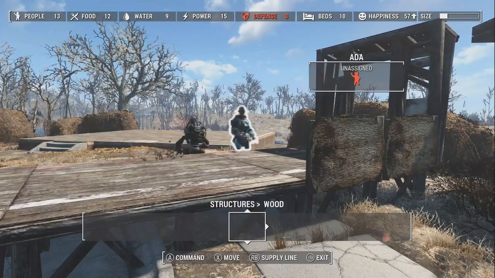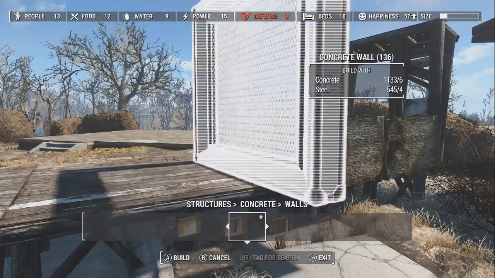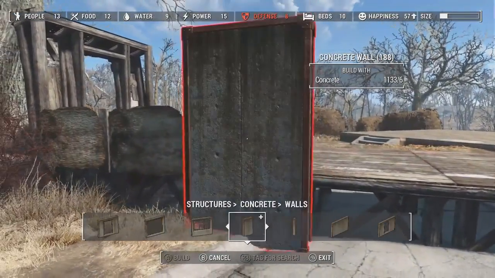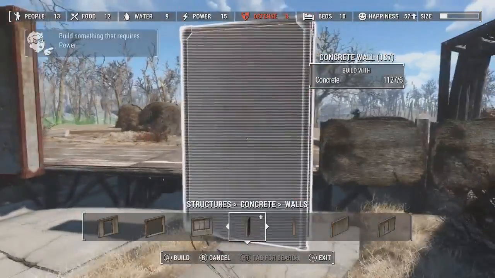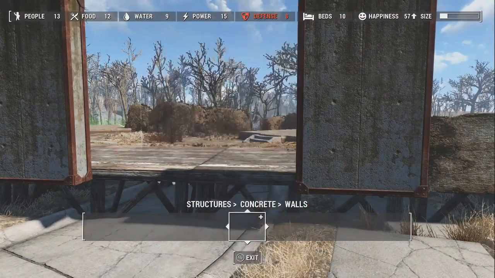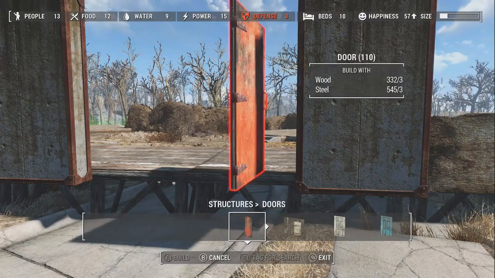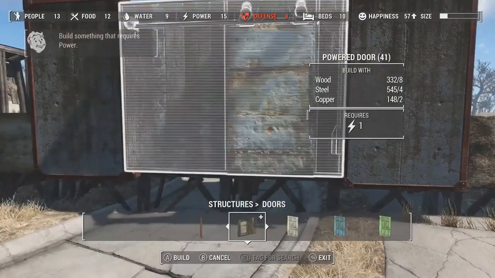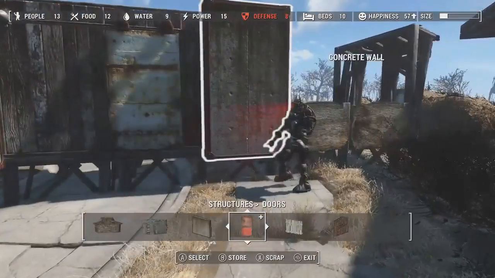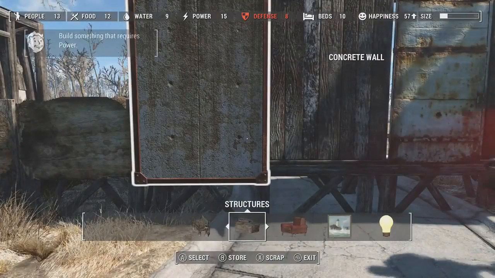Oh, wait. No, go back to concrete. And we want the half wall. And that will snap right there. And there. And we will come over to our doors and grab these. Okay. Now, the great thing about these concrete walls is that when we go to put our...